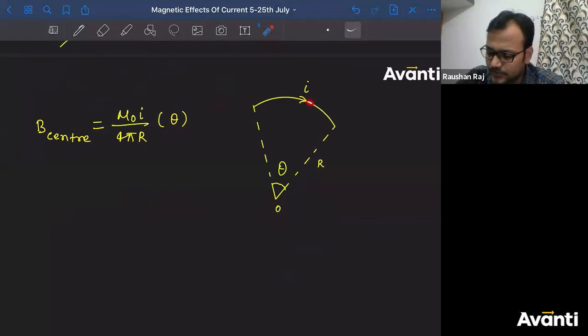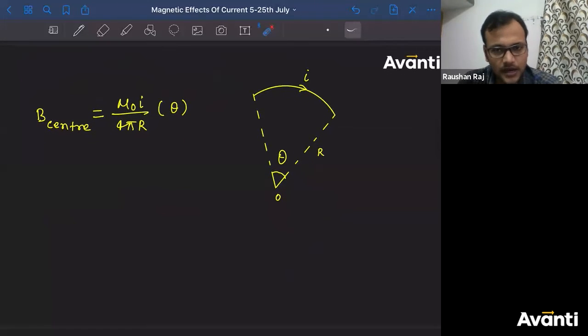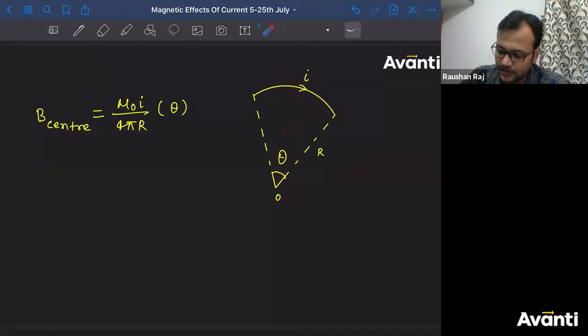See, take one छोटा सा dl here. Find the magnetic field at this point because of that, and then integrate this all over this part. You'll get the answer. ठीक है, that is very very easy. आराम से कर सकते हो. Just consider that as an assignment and try to derive this. So consider a छोटा सा dl element here. That dl will be written in terms of r d theta. ठीक है, consider at an angle of phi there is a small element.